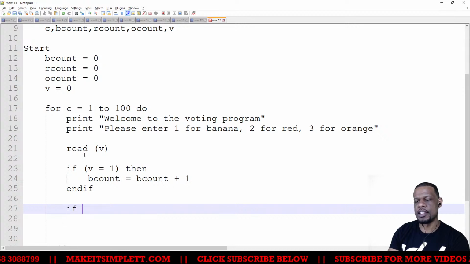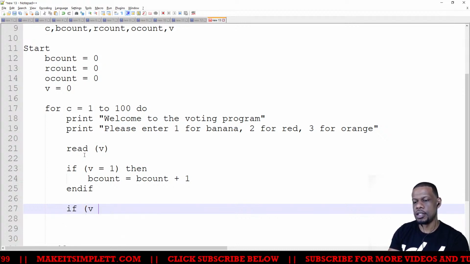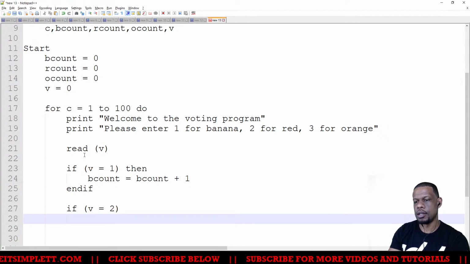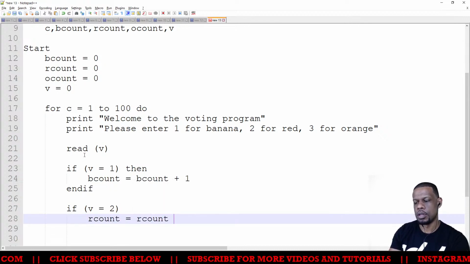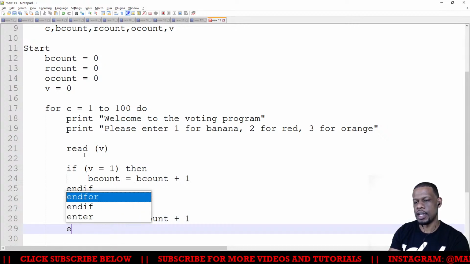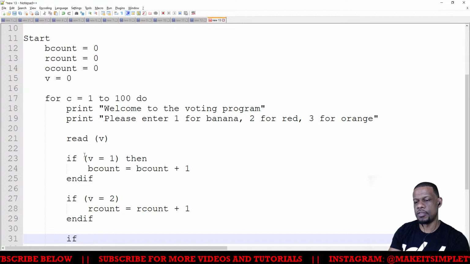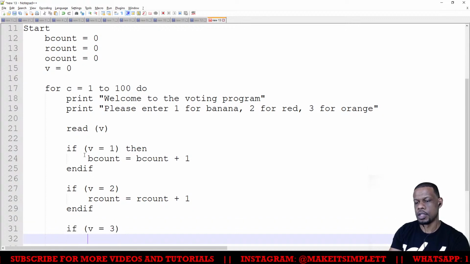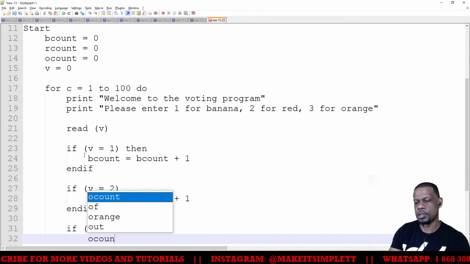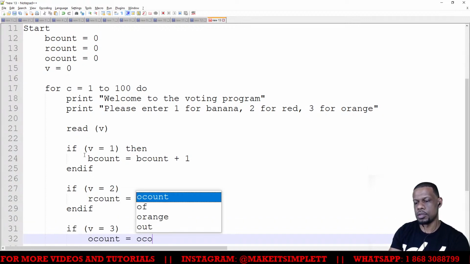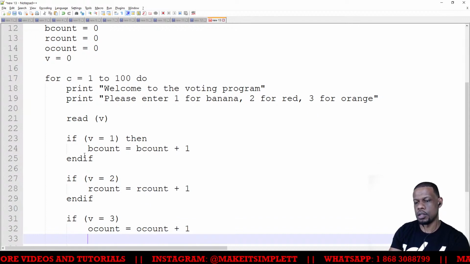And then I want to say an next if V equals 2, then I want to say R count is equal to R count plus 1. End if there again. And then my next if V equals 3, O count is equal to O count plus 1.